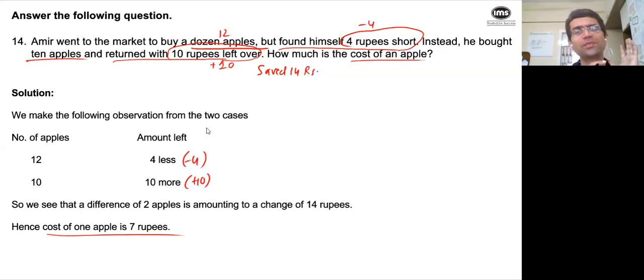Of course, the conventional method, 12x minus 4 is equal to 10x plus 10, would give you the same thing. Even if you say 12x minus 4, because 4 rupees short, is 10x plus 10, even that will give you the same answer, but this is a more elegant way of solving a question. This is a smarter way. This looks like an aptitude exam type of way of solving a question. Otherwise, what you had earlier is the 10th standard way of solving a question. Start getting used to this.